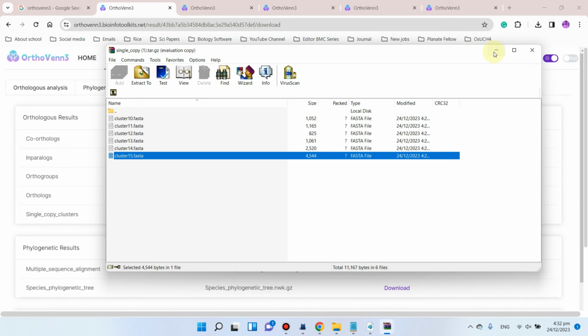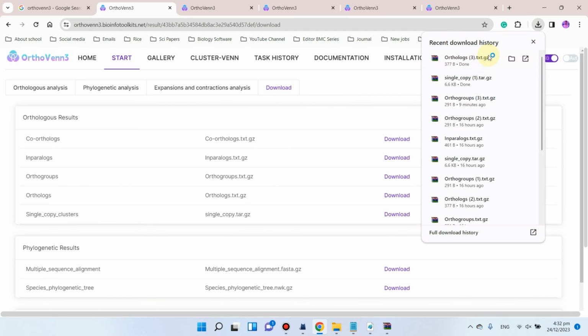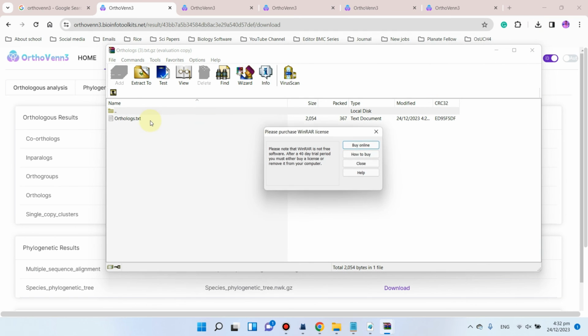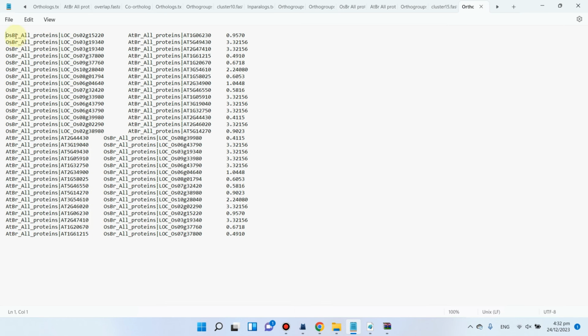If you also want to download the orthologs one by one, you can also download them. You can see here which genes are orthologs. As we know, for orthologs, speciation should occur. So one is from the rice, and one is from the Arabidopsis.